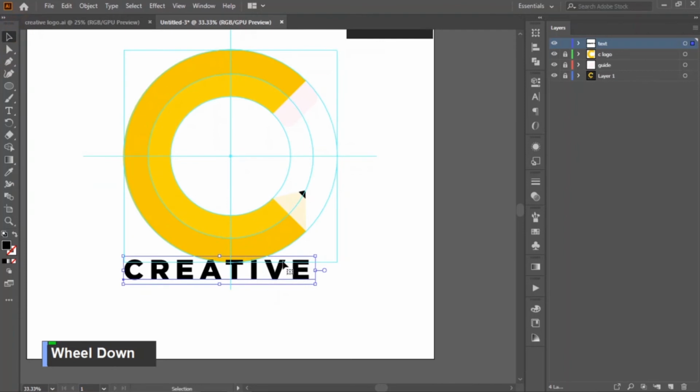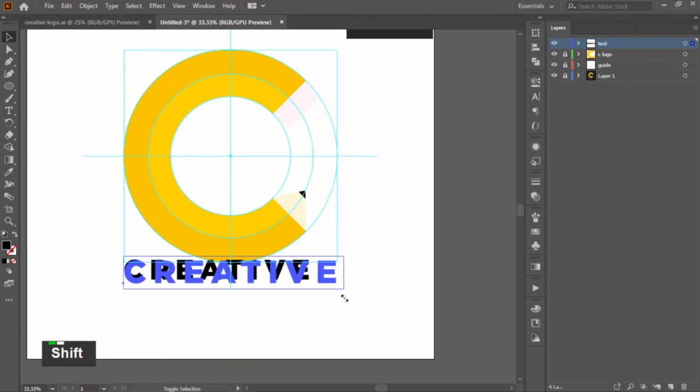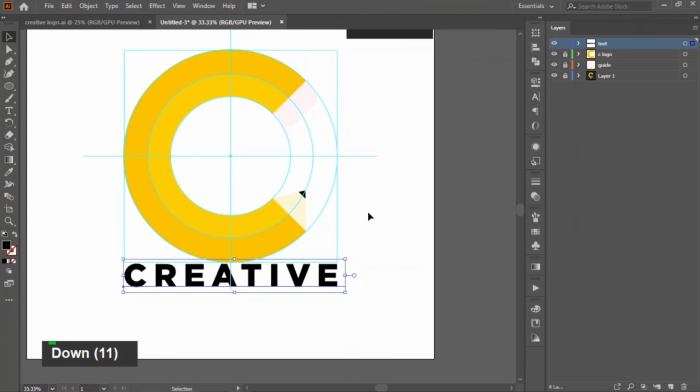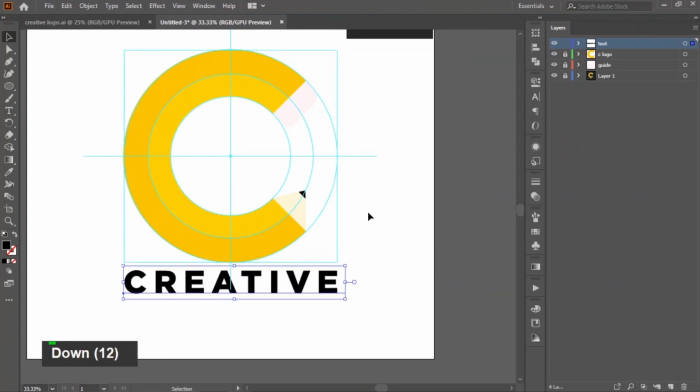Go to selection tool and shift, adjust it. Okay, make it down. And then